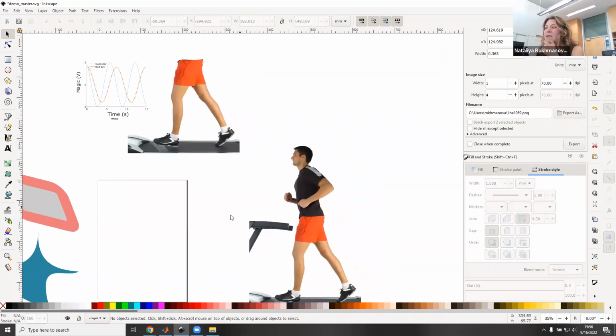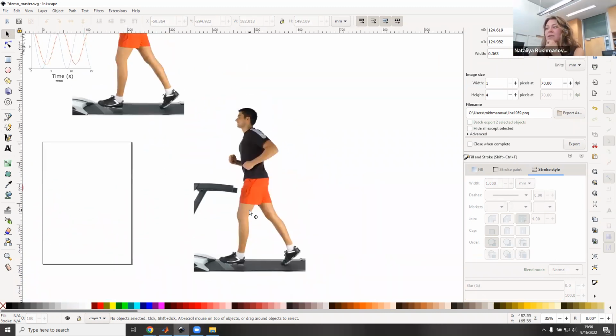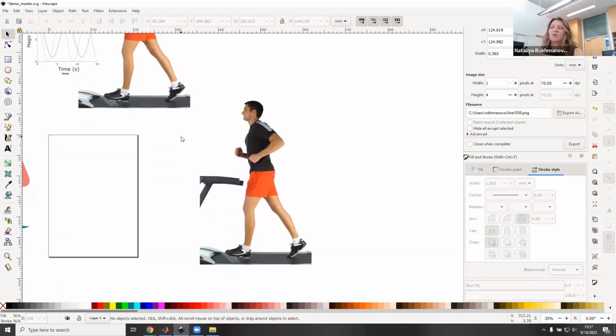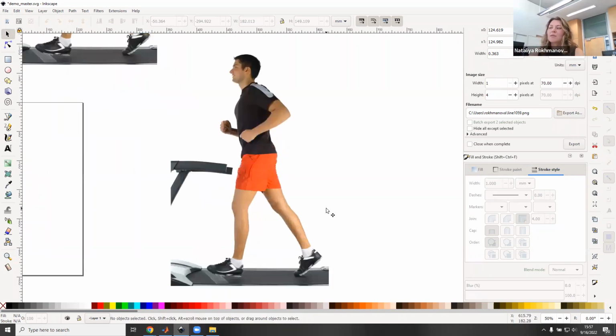So the second thing that I like to do with images like this is to use them as an illustration reference. So say I don't want my image to have any skin or any kind of human realism. Say I want to have a fully grayed out person, like a mannequin, but he's already in such a convenient position. I don't really want to have to draw a mannequin from scratch. I'm also just not that good at drawing. So